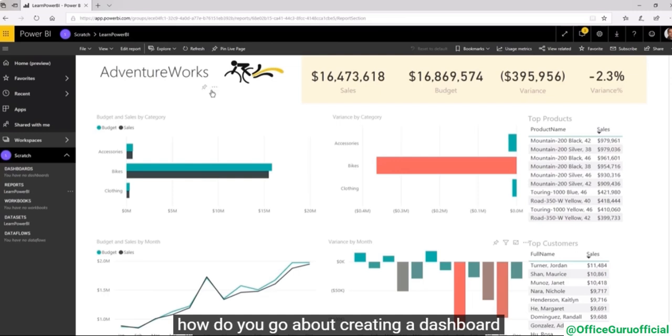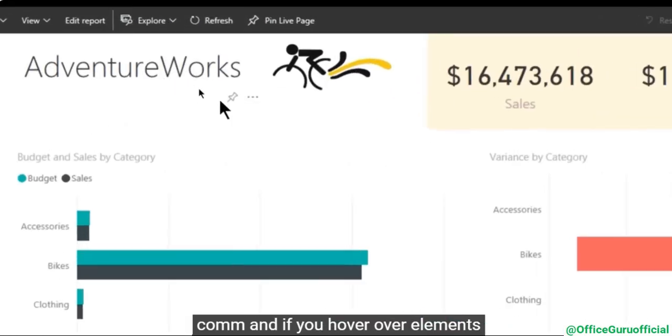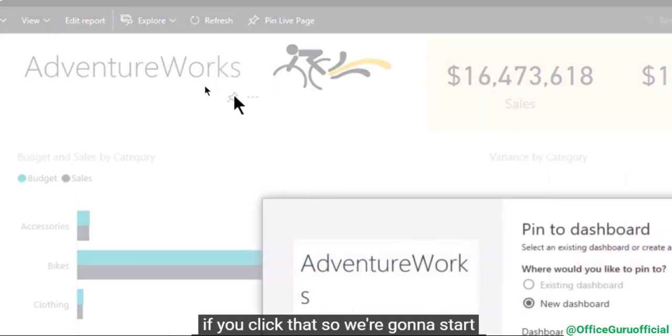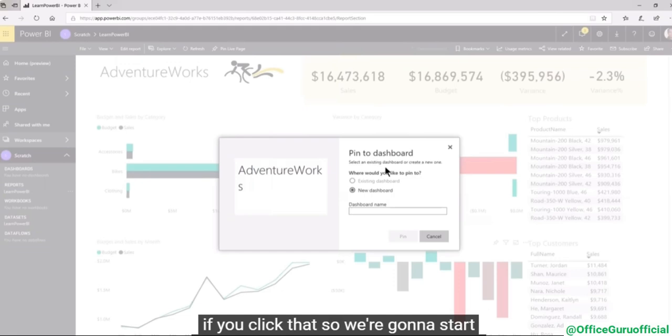Well, you go to your report on powerbi.com, and if you hover over elements, you will notice that it comes up with this thumbtack icon, and in fact, if you hover over that, it's going to say pin visual. Now, if you click that, so we're going to start with that element, it's going to say pin to the dashboard, and right now we do not have an existing dashboard, so that one is grayed out. So we're just going to create a new dashboard, give it a name, and just